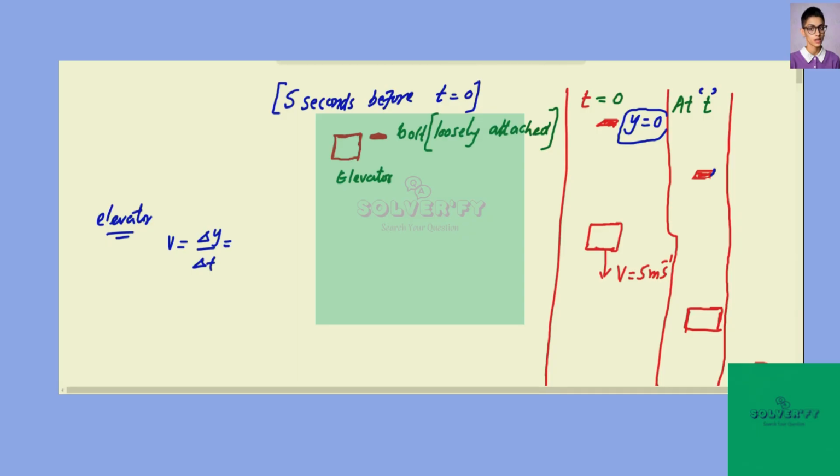Let the final position of the elevator be y e. Here the initial position of the elevator is at origin, that is 0, divided by time, and we want to find the position of the elevator